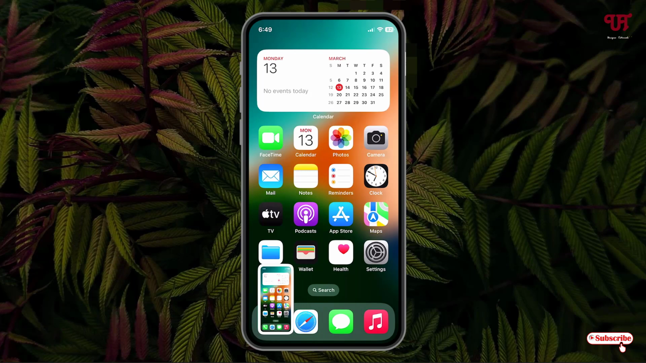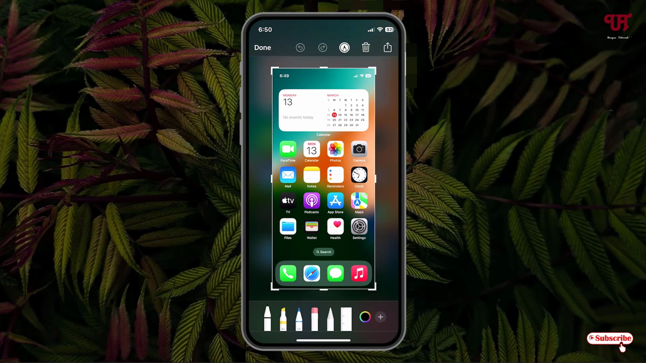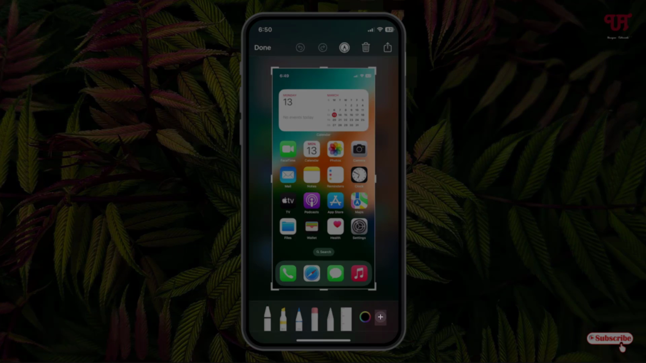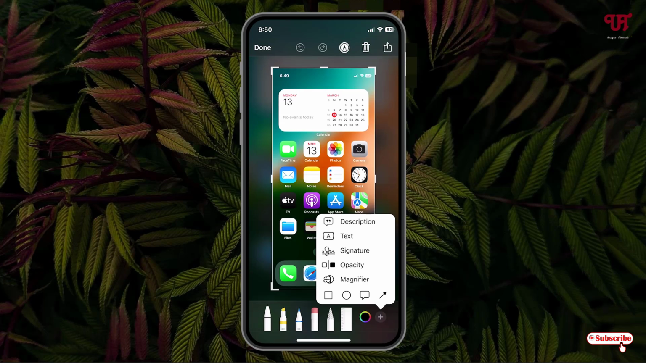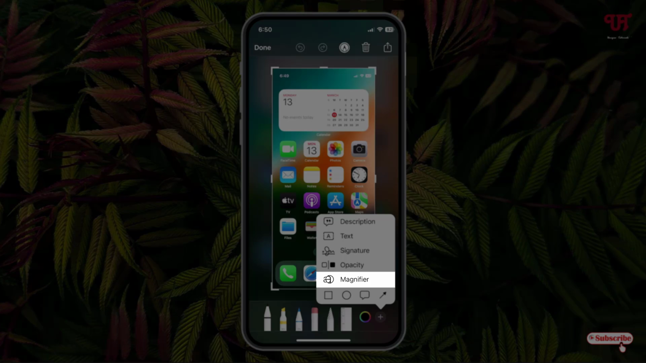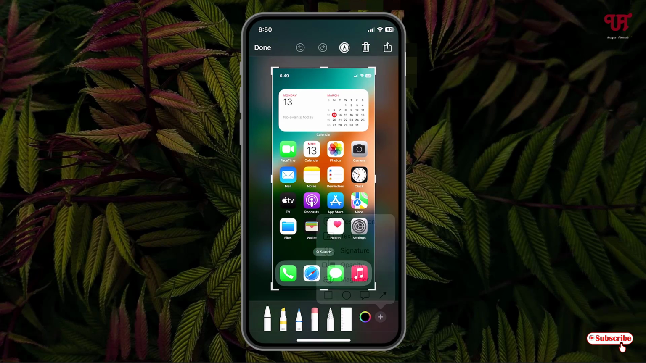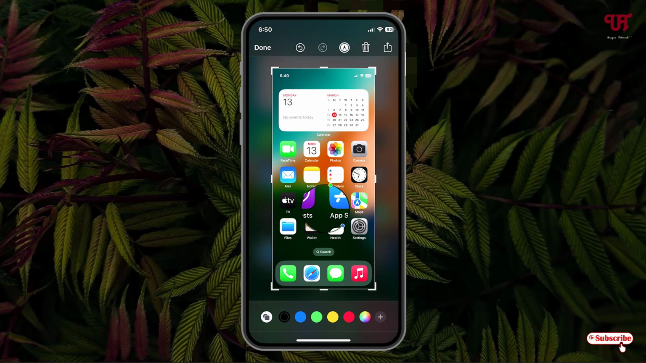So you can see here I've taken a screenshot. Tap on this screenshot picture, and now you will see a screenshot image editor, right? And at the right bottom you can see one plus icon. Just tap on it. Now here you can see a magnifier. Just tap on it. Now you can see a circular magnifier is appearing, so you can just drag it